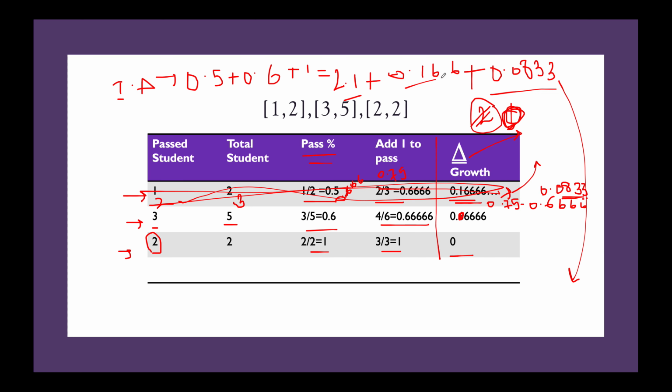So 2.1 plus 0.0166 plus 0.0833 would be somewhere around 2.1 plus 0.166 plus 0.083, and this gives me 2.35.